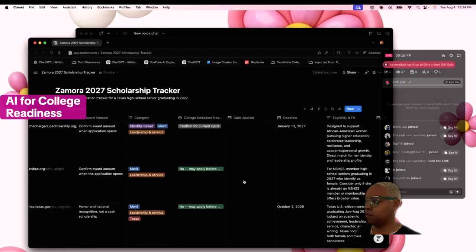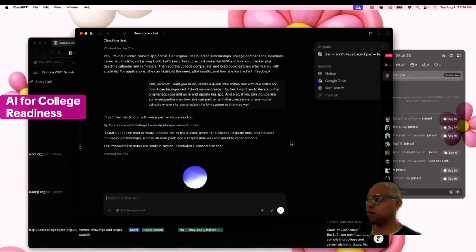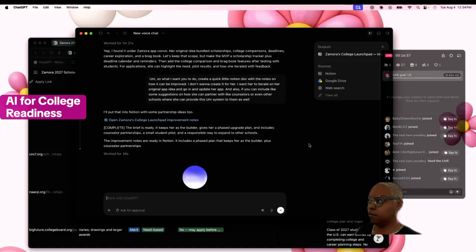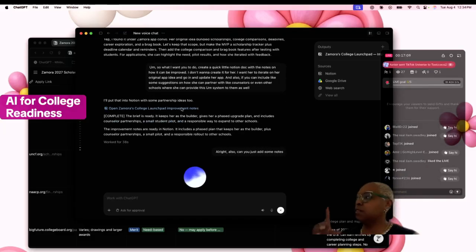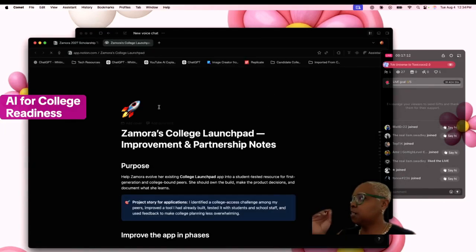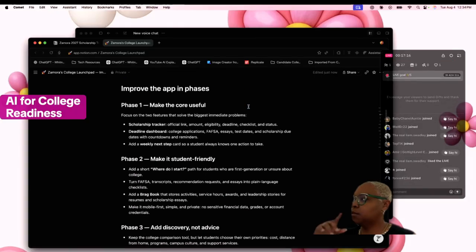The improvement notes are ready in Notion. It includes a phased plan that keeps her as the builder, plus counselor partnerships, a small pilot, and a responsible rollout to other schools. All right. Also, can you just add some notes? Well, hold on. Let me take a look at what you already created.